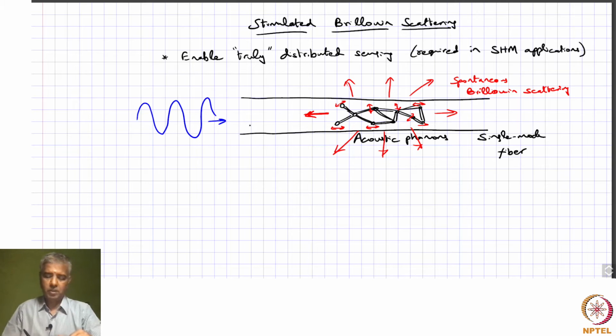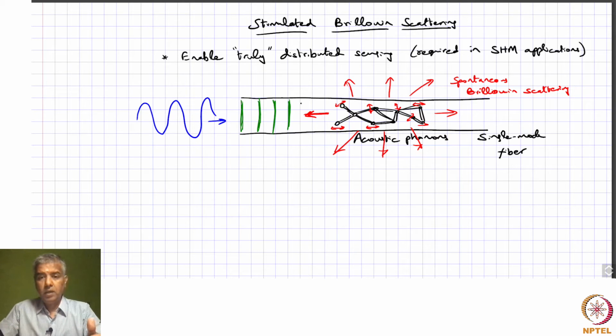It propagates along the fiber, is supported by that fiber, and when that component interacts with the incoming wave, it's going to create a standing wave pattern. That standing wave pattern is going to be something like this